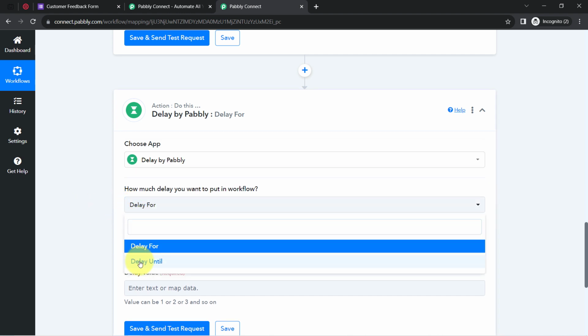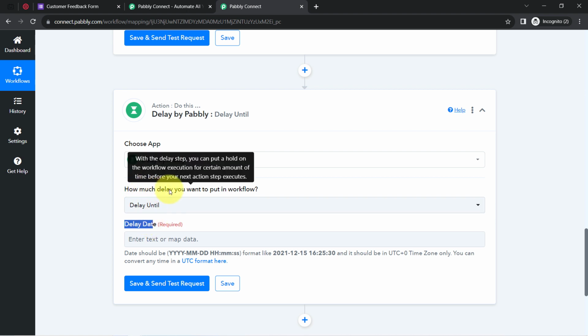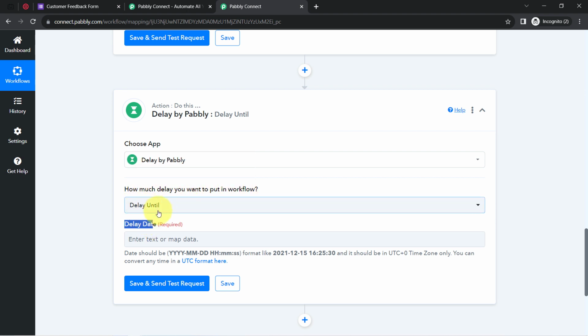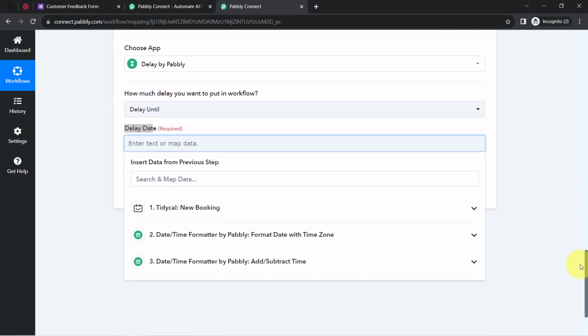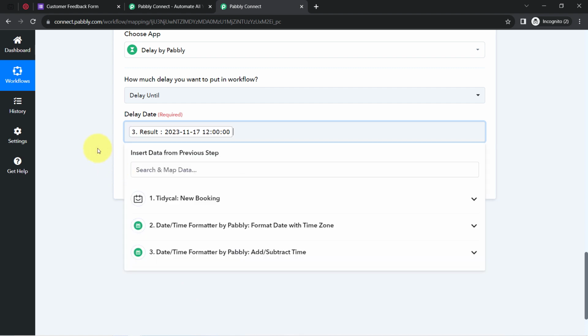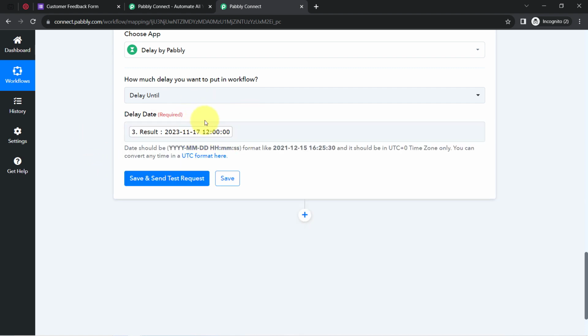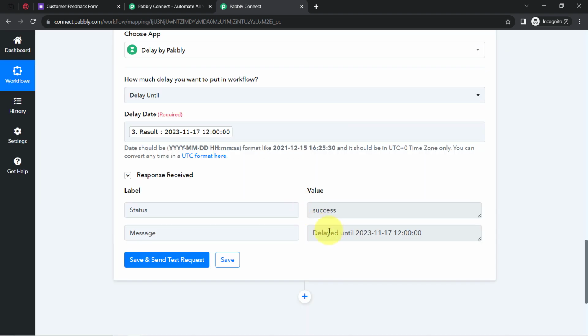If you go with delay until, you will have to specify the date and time, how much delay you want to put in the workflow, delay until this specific date. And here in our case, what will be that specific date? Basically the date and time which we have just received from this particular step. Again telling you, this is the time before 2 hours of the appointment. Okay, clicking on this button save and send request,